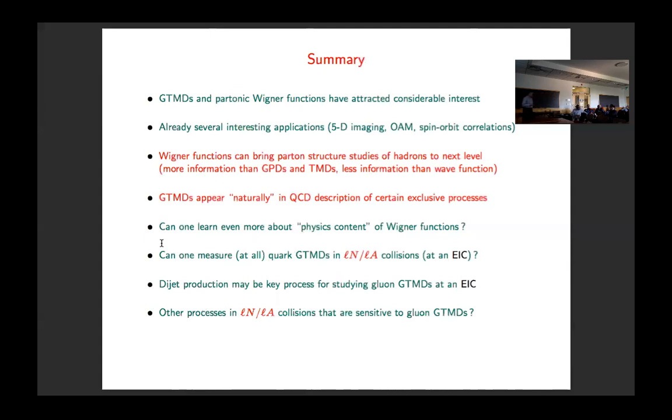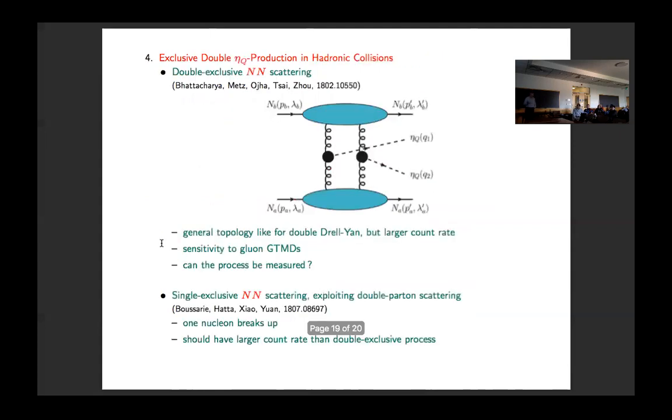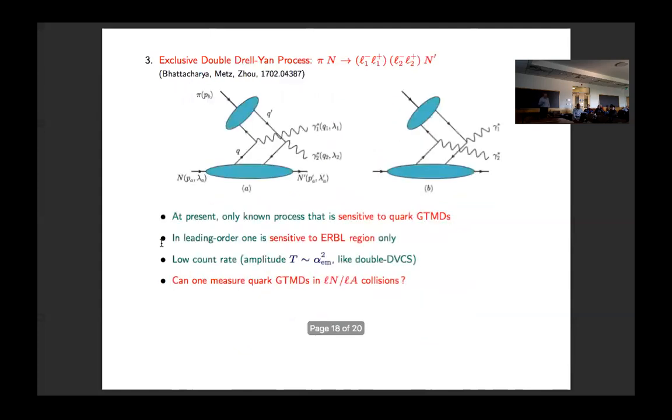Can I ask potentially a stupid question? If you go back to your processes to measure gluon GTMD, not gluon core, so we see eta-C production. So that would be gluons. Okay, and for quarks it was the double trillion and the direct. Okay, then my question is clear. I somehow misunderstood that the eta-C was also for quarks, but that all is clear. I'm sorry, I just misunderstood.